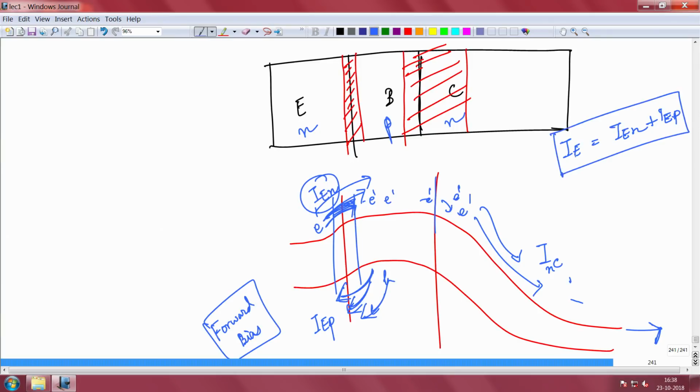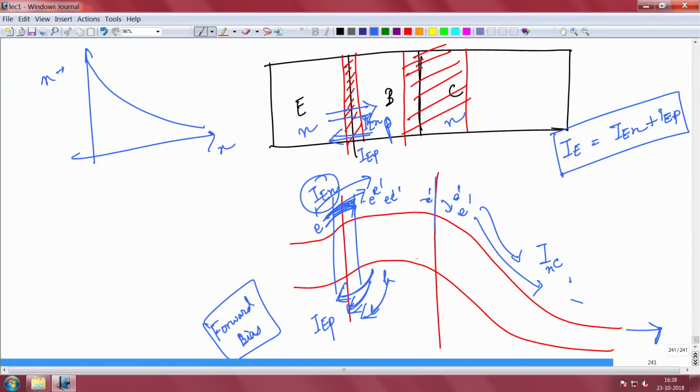Now, some of the electrons going here will recombine in the base and decay. You remember, whenever you inject electrons into the p type base, the excess electrons will decay. Some electrons will recombine with holes, and that will give rise to a base current. So, I told you there will be an emitter current IEN, forget the direction, and there will also be an injection of holes, IEP. They are both in the same direction, by the way.